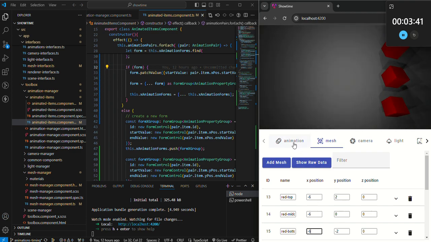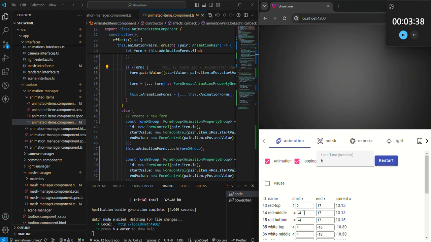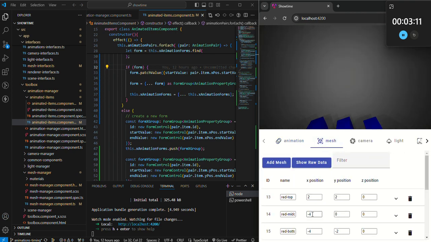Now when I go back to the animation, see, these haven't been updated there. And now we have an end of 17. So if I were to make this like 27, then it moves faster. So it shouldn't. Oh, but see, then it actually reset the X. So if I change this, and so now if I go back to meshes, this is reset. So now if I make it -6,